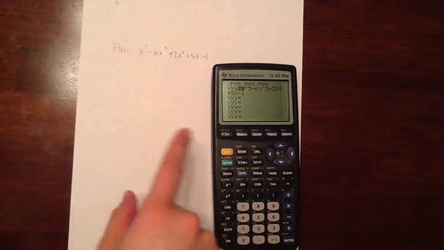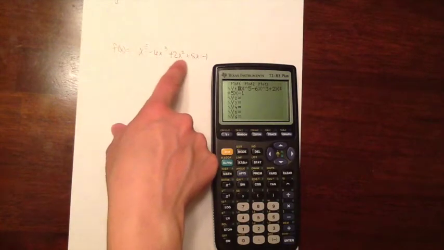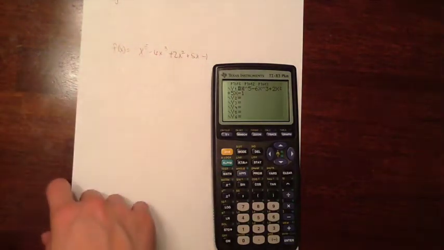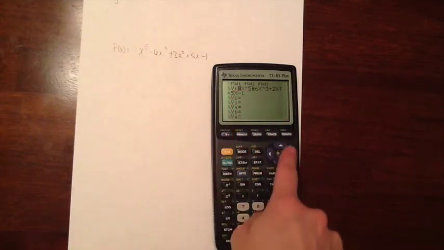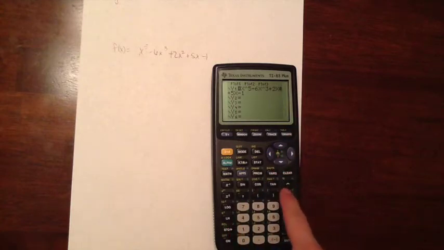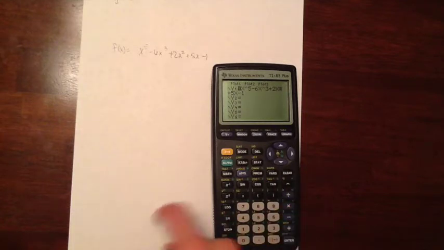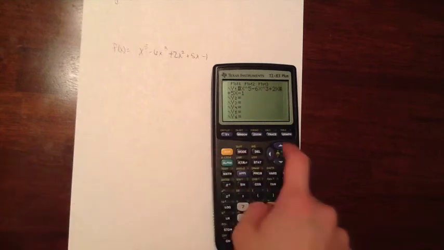Okay. So I go into y equals, I'm going to put in x to the fifth minus 6x cubed plus 2x squared plus 5x minus 1. Remember that if you're on the calculators in class, you have to hit over after you write your 5 and your 3, and then your 2, if you use the caret button. Your caret button is this little hat looking thing, upside down V. That's your caret button. Okay, so if I hit graph,